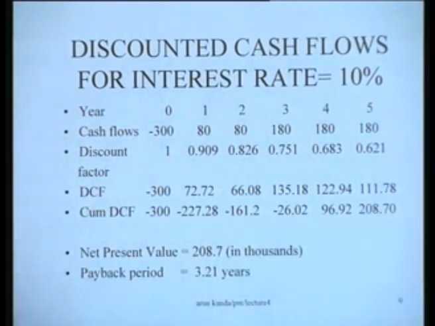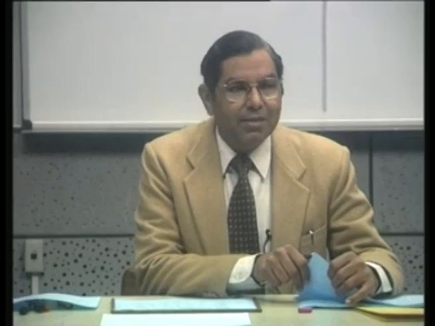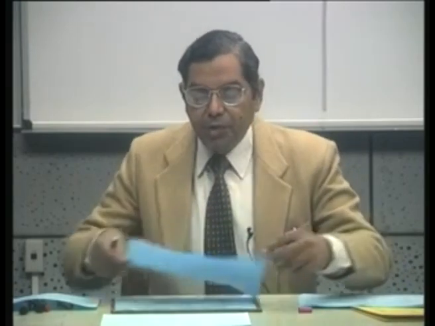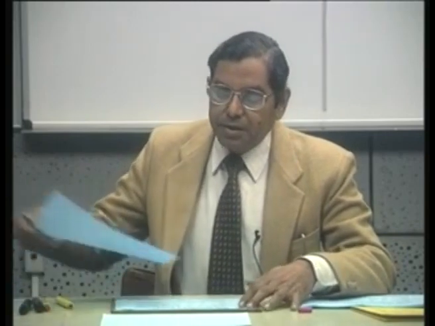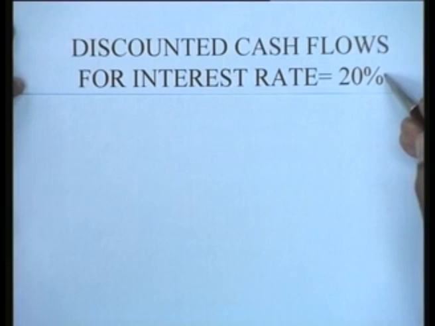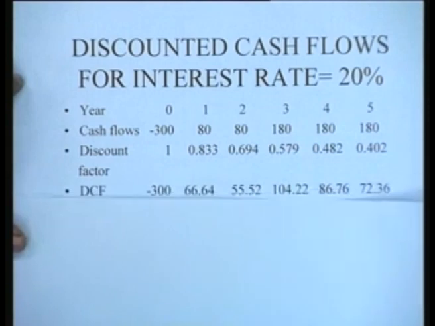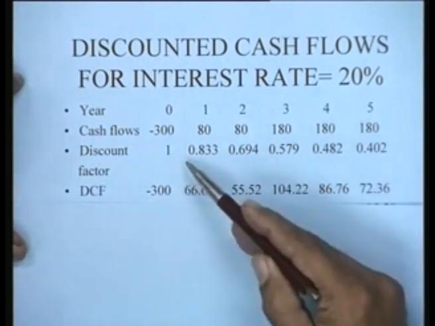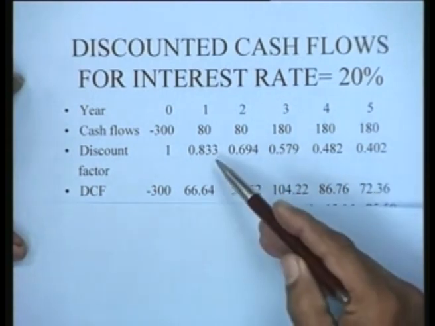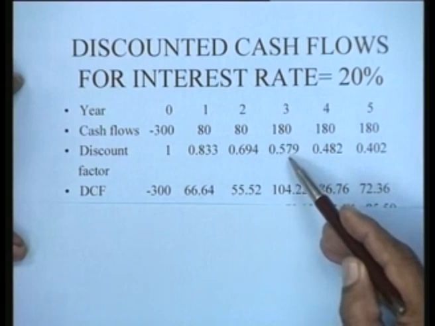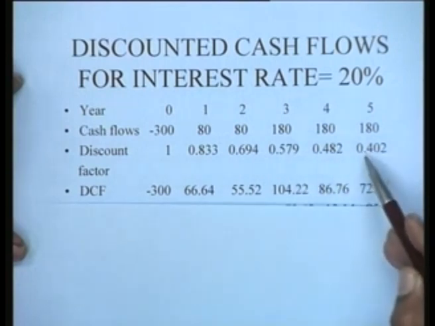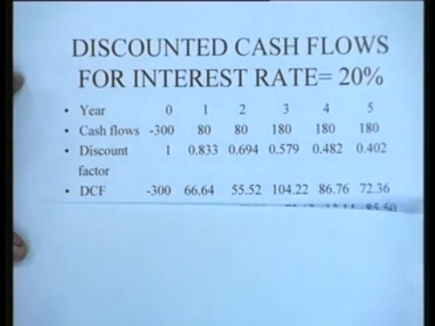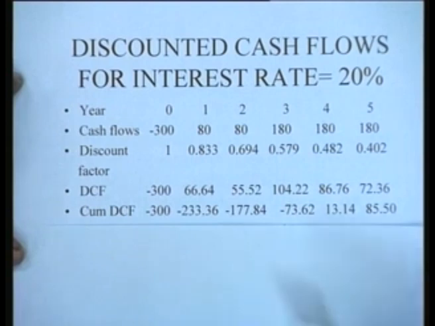Now we need to compute the discounted cash flows for different rates of interest if we want to ultimately estimate the internal rate of return. So what we do next is we compute, for instance, for an interest rate of 20%, the discounted cash flow. And what happens in this case is you find that the discount factors are now these values: 0.833, 0.694, 0.579, 0.482 and 0.402. So if you carry out this process, you can calculate the discounted cash flows and the corresponding cumulative discounted cash